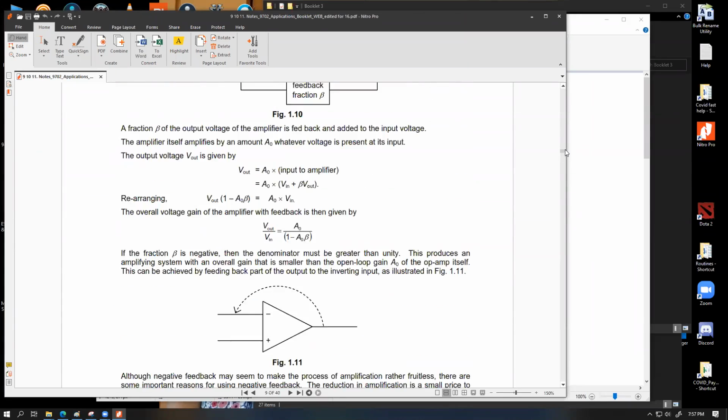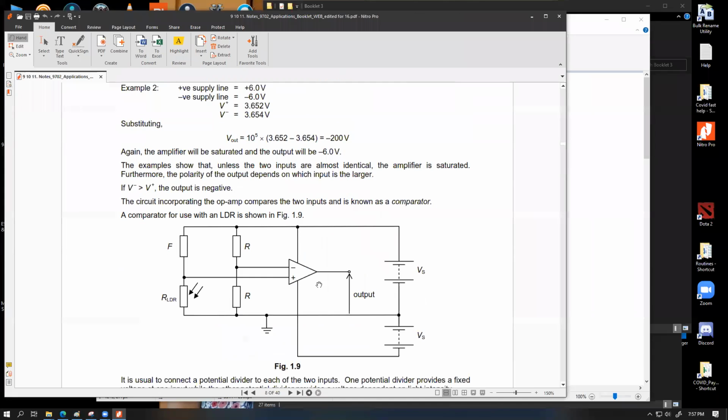This output of the op-amp essentially represents this thing. So this is the output of the op-amp, which was connected to that circuit. So if I just take this circuit part out, let's say from here,